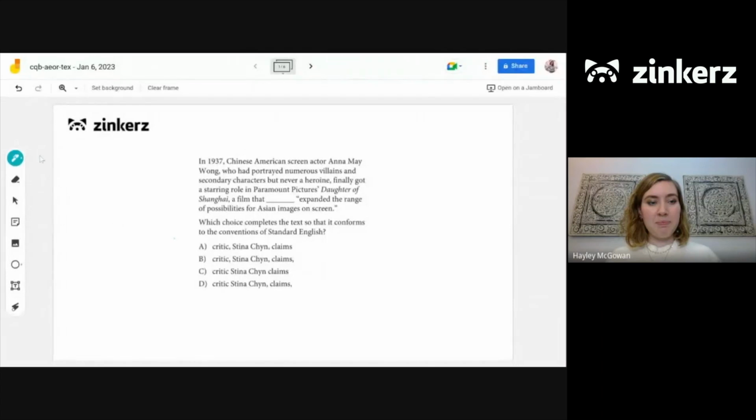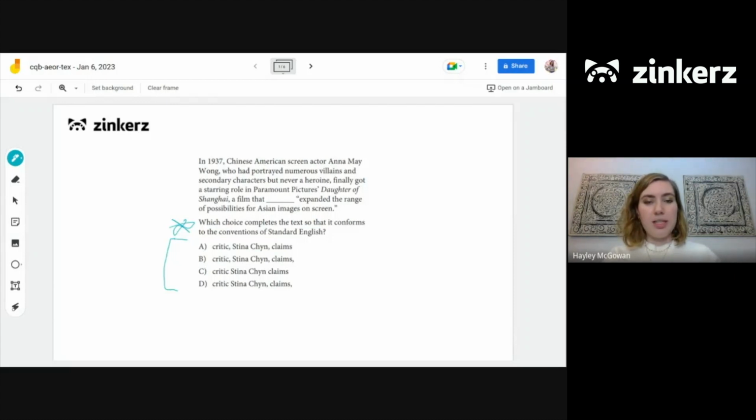All right, so we have this question that we've seen many times before: which choice completes the text so that it conforms to the conventions of standard English? So next up, we look at our answer choices. And what do we notice about our choices here? So they all have commas, right? And the commas are all in different places. So we have a bunch of different options and variations of where the commas should be placed here. All right, so we know we're looking for commas, thinking about all those rules, all those things we know about commas, when to use them, when not to use them. So let's take a look at the passage.